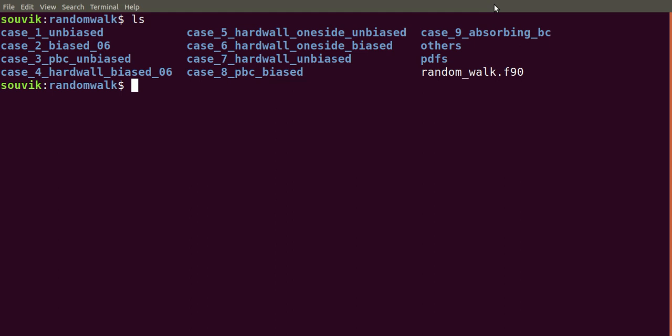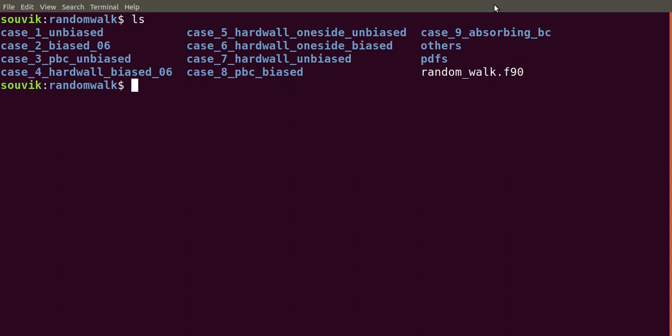As you already know, in a random walk we finally get a Gaussian distribution after a large number of steps. If you take the probability distribution of the steps after n steps, you will get the Gaussian distribution. In this lecture I am going to show you the animation of how the Gaussian behaves with these particular boundary conditions.